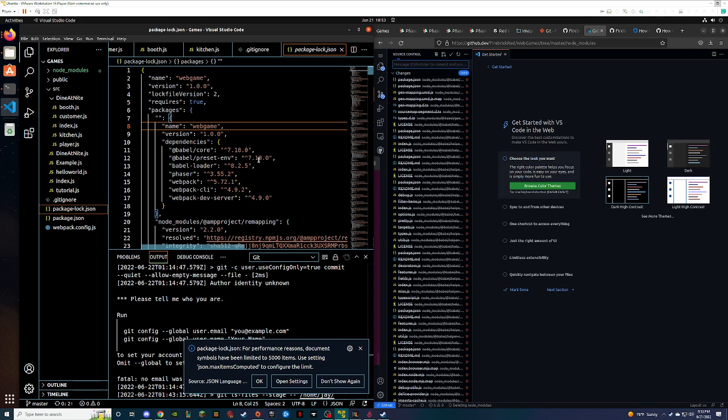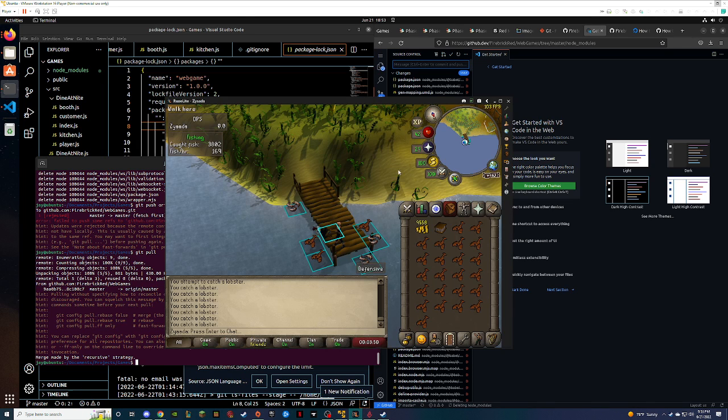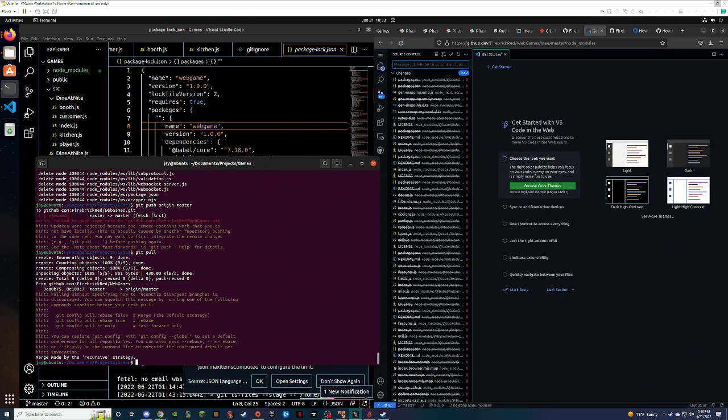Oh. So if you delete the node modules folder locally, you'll be able to get it back.